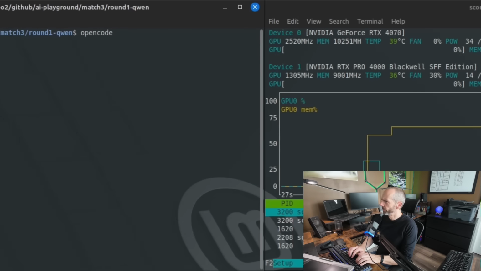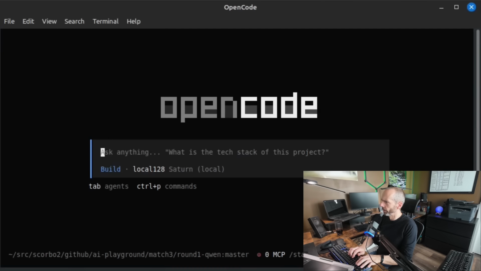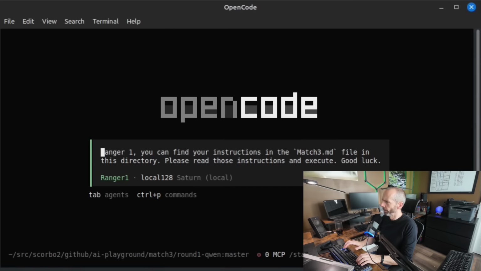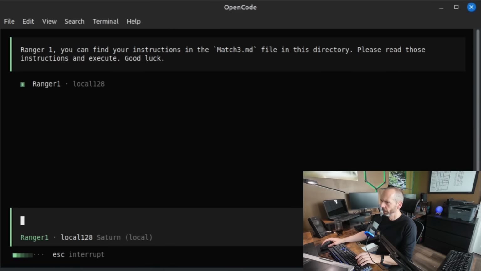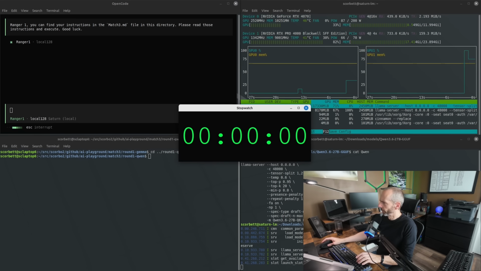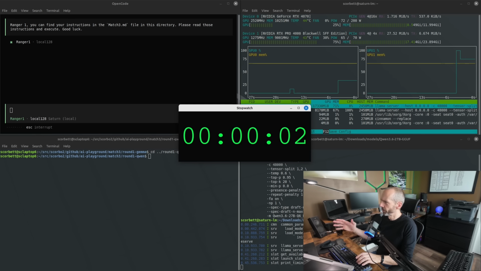Okay. Let's fire up OpenCode and switch to Ranger 1. And you know what? Same exact prompt. I'm just going to point it to the instructions in this directory and let it go. And start the clock. So what was that, 13 minutes or so for Gemma? I'd expect Qwen to be a little bit faster